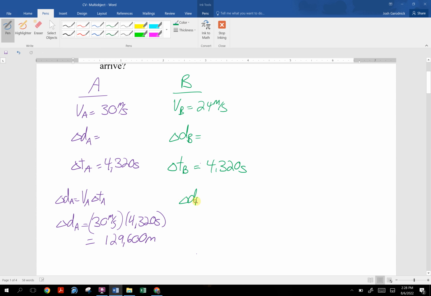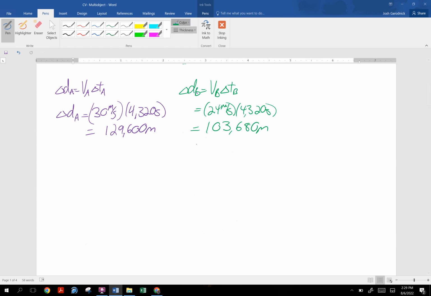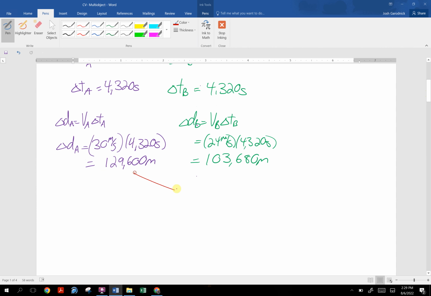I'm going to do the same thing for B. The distance traveled by car B is just the velocity of B times the amount of time it travels. That's 24 meters per second times 4,320 seconds, giving us a distance of 103,680 meters. And then to find out how far apart they are, it's pretty simple. You just subtract the two. At least I think it's simple, but I do this for a living. So 129,600 meters minus 103,680 meters gives us a distance of